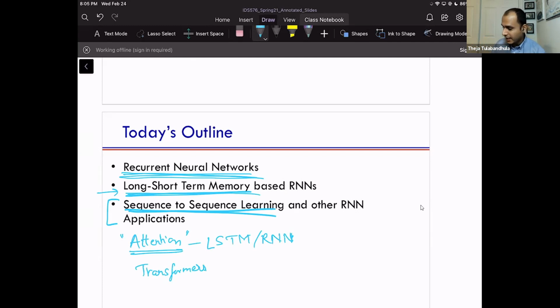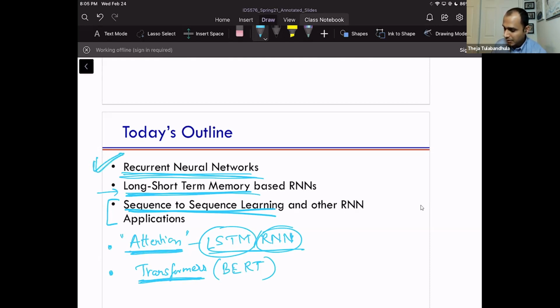And this is something that I alluded to earlier, some acronym called BERT. We'll talk about what these acronyms mean. RNN, we just said, is recurrent neural network. LSTM just means long short-term memory. We'll look at it next time. In the next session, we're going to focus a little bit on attention, and then we'll also look at a variation of attention in a popular class of models called transformers. I'm just telling you the overall context so that we know where we are, but we'll talk about LSTMs.